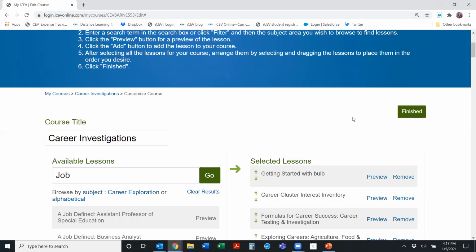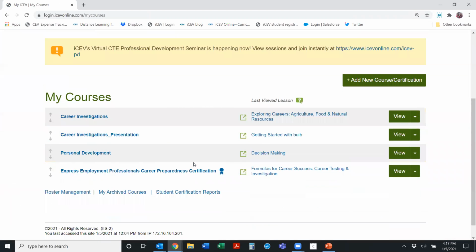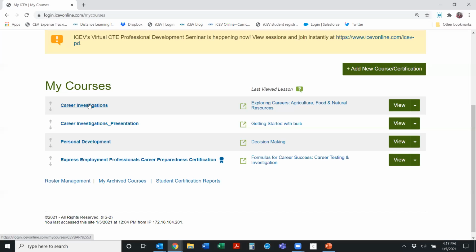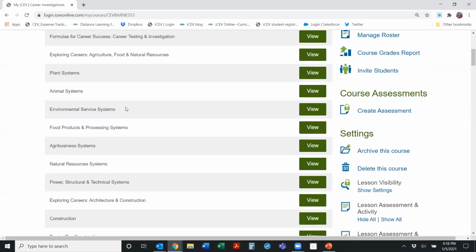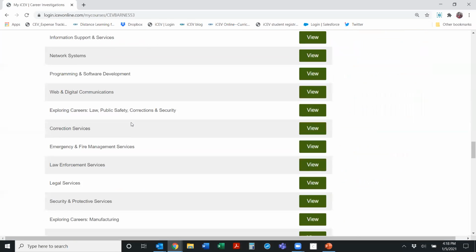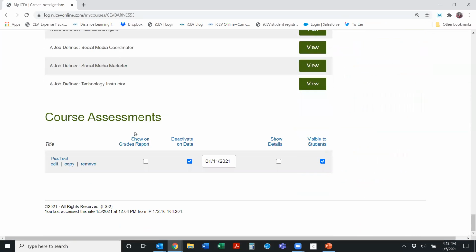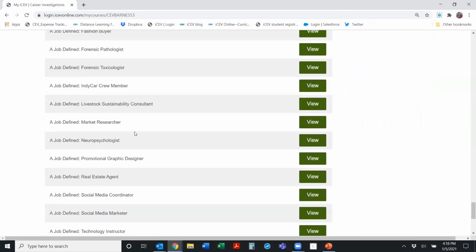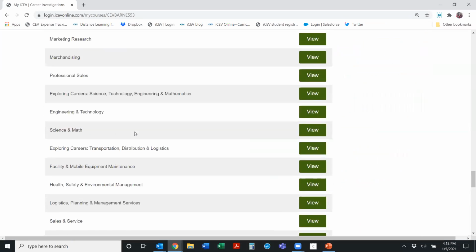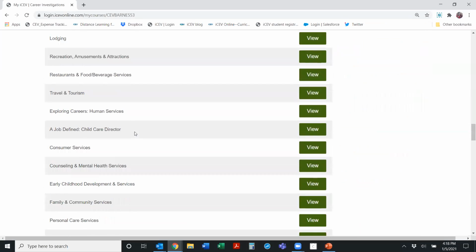Whenever you're customizing though, don't forget to click finished, or you're going to lose all that customization that you just did. So now my course, if I click on it, I have all those new lessons. They're at the bottom and I can use them if I need to use them. So that's a feature that I wanted to show you called the customization process.